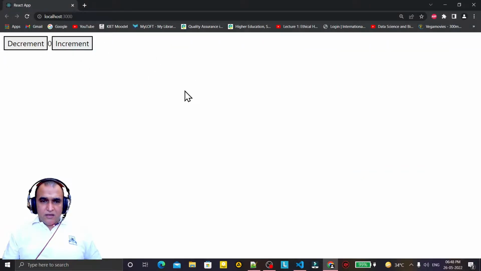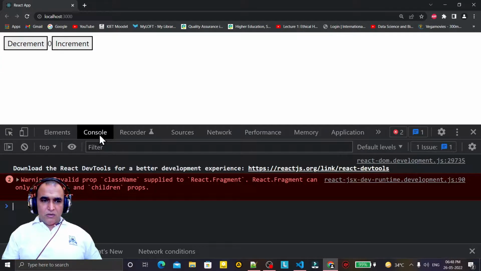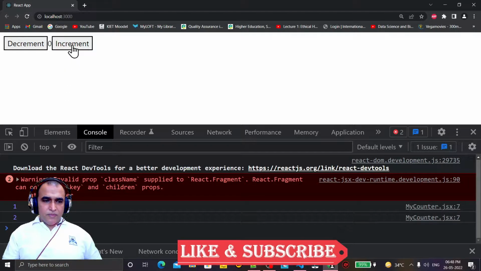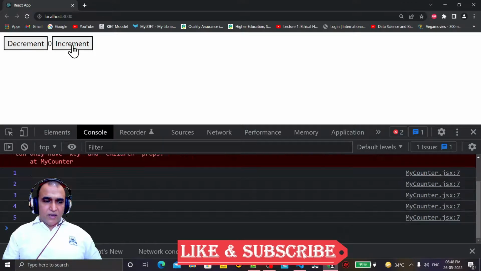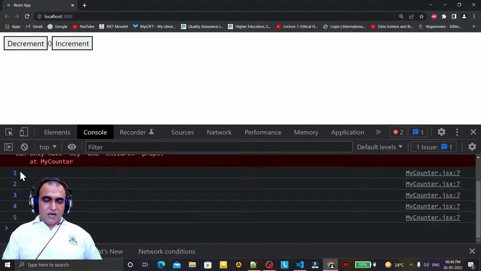If we inspect this code here and open a console, you will see that if I click here, I have a 1, then 2, then 3, then 4, then 5. You see we have this kind of value, meaning the count is incrementing and my event is working,